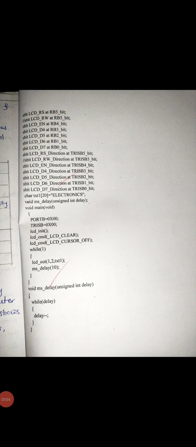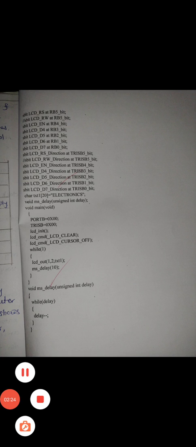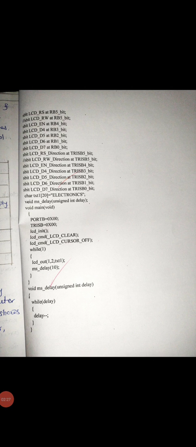The program for the PIC microcontroller starts with the global declaration of functions and variables, followed by the initialization of the LCD with the cursor off, that means all the bits and the data direction bits, and the declaration for port B. In the while loop, write the data on the LCD and move the text to the right, and move the text to the left.